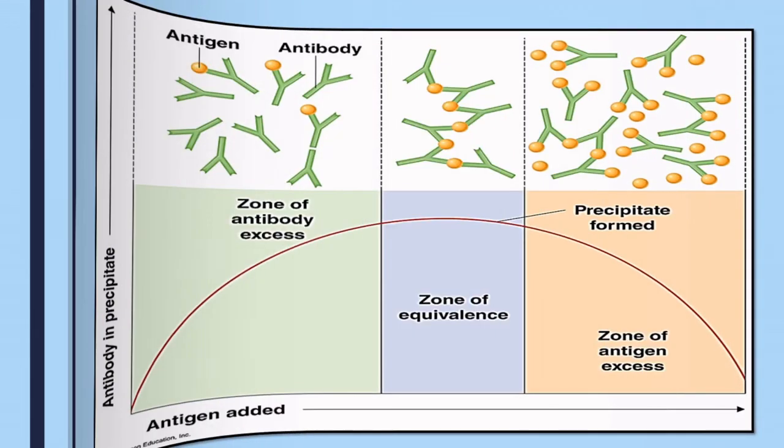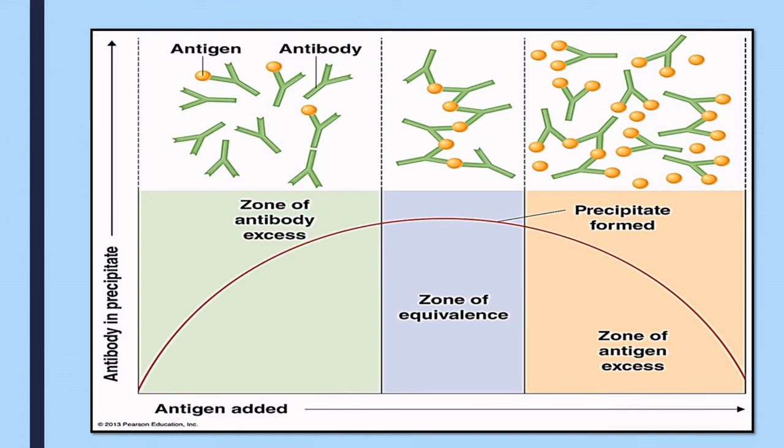Okay. This is how the precipitating curve looks. So what we do now, check on the y-axis we have antibody in the precipitate, and on the x-axis we have antigen to be added. In the zone where we have a high concentration of antibodies, say away from the well, क्योंकि एंटीजन अभी डिसॉल्व नहीं हुआ है, पूरा डिस्पर्स नहीं हुआ है, ठीक है. So who all will be there? Only antibodies will be there. One or two antigen that they have shown.